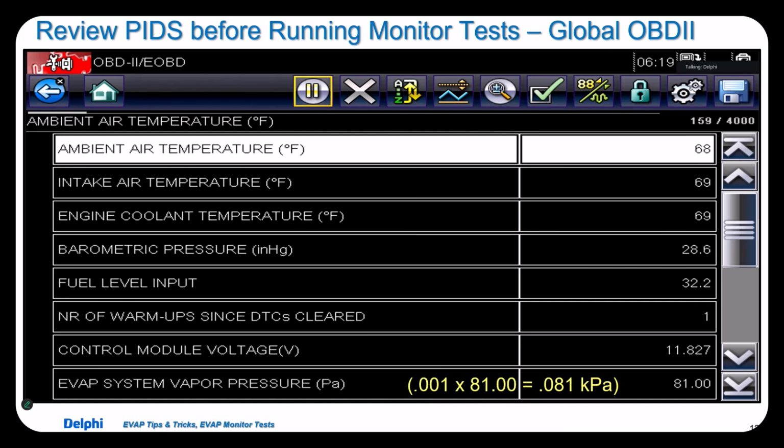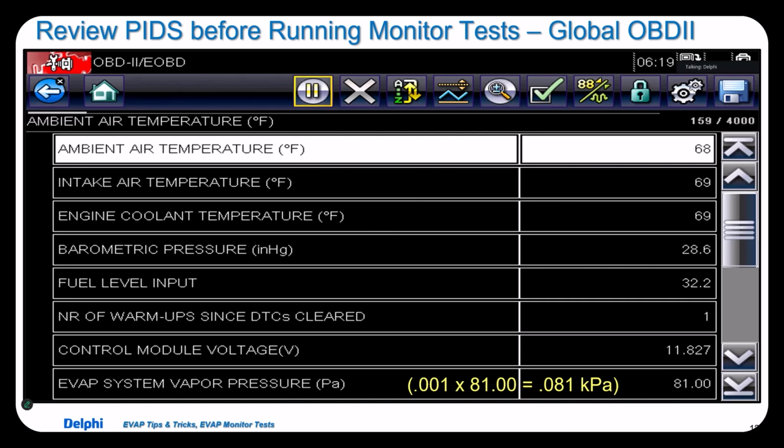Pay attention to that. And the last one I look at, and I know it's a CAN car because EVAP vapor pressure's on there. For numerous reasons I look at it. In the last class, I believe I showed a case where the pressure sensor was actually the blocker to running all the monitor tests except for EGR. Always look at that. If you don't know it,